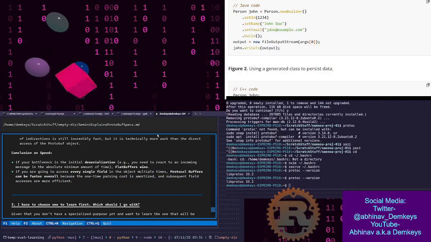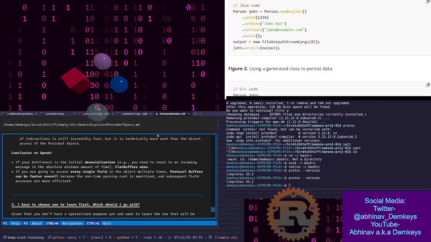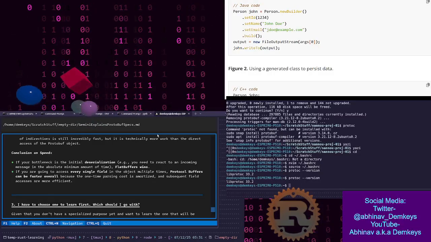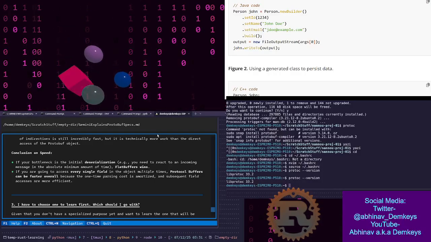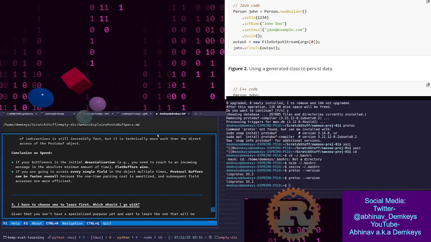Conclusion on speed. If your bottleneck is the initial deserialization, for example, you need to react to an incoming message in the absolute minimum amount of time,